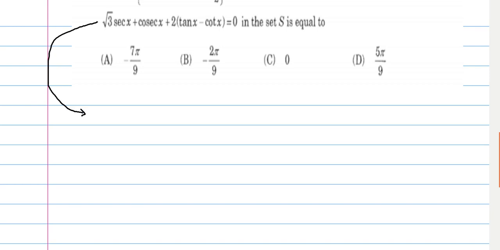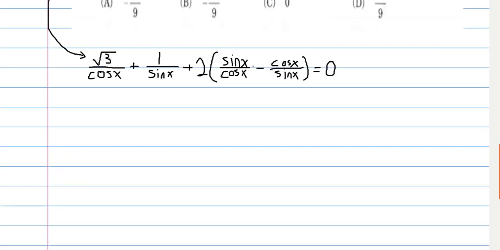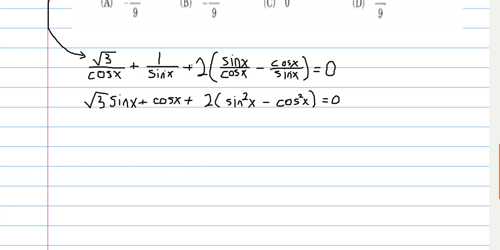And so if we do that, we get this. I just rewrote every single function in terms of sine and cosine. Now we notice that each denominator is either a sine or a cosine. So if we multiply everything by sine x cosine x, we will clear every single denominator. And what we get afterwards is square root of 3 sine x plus cosine x plus 2 times sine squared x